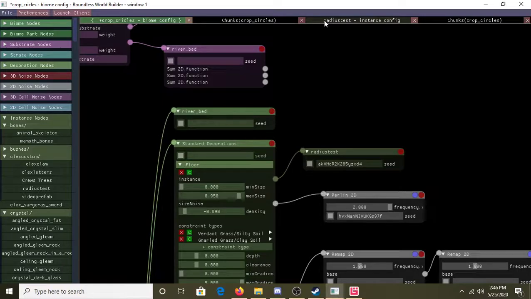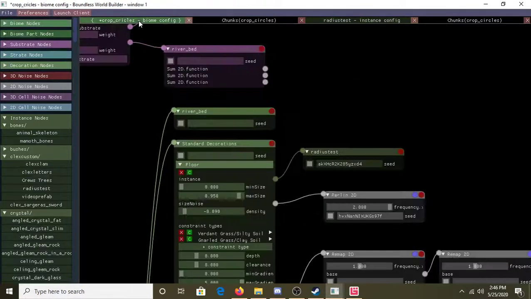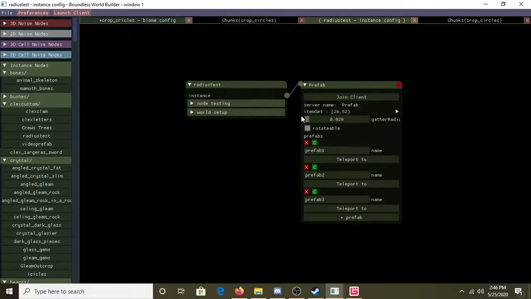I'm going to include a link in the YouTube channel, but I asked Luca, or really anyone, about this relationship between the gatherRadius described here in the actual instance prefab itself and the min size max size within the decoration node. Essentially, the smaller the gatherRadius is, the tighter the squeeze is when it's trying to measure the size. So a gatherRadius of 1, the maximum value, just means that anything that you've built will be measured the